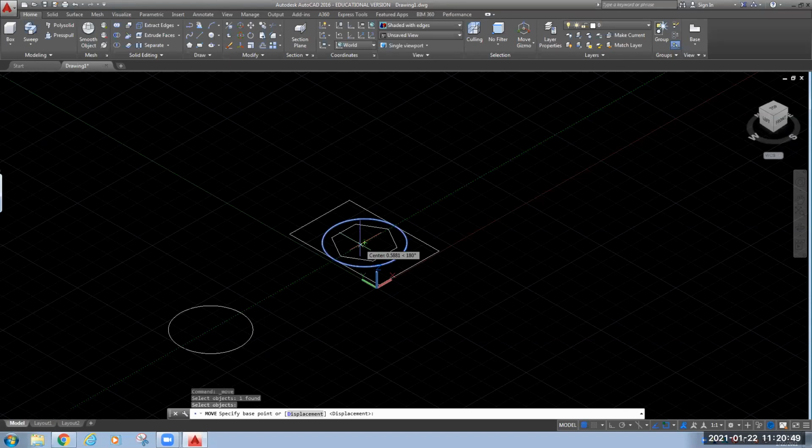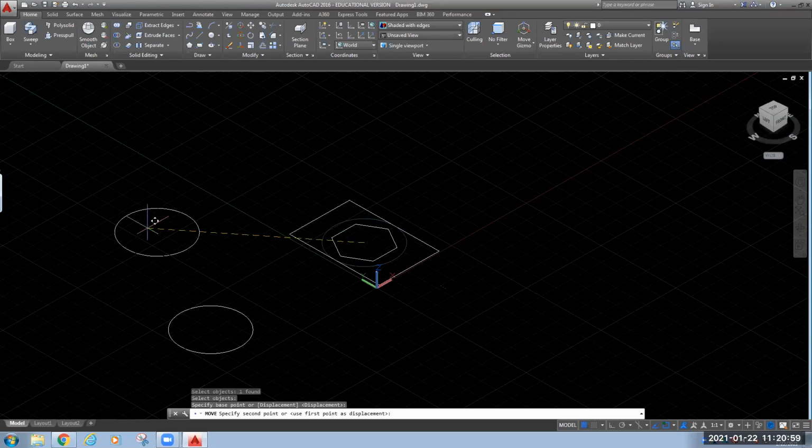So what I will do, I will just bring my cursor onto that circle. Automatically the center point will be highlighted. And now you can see it is ready to move in any direction. You can move this circle to any location.